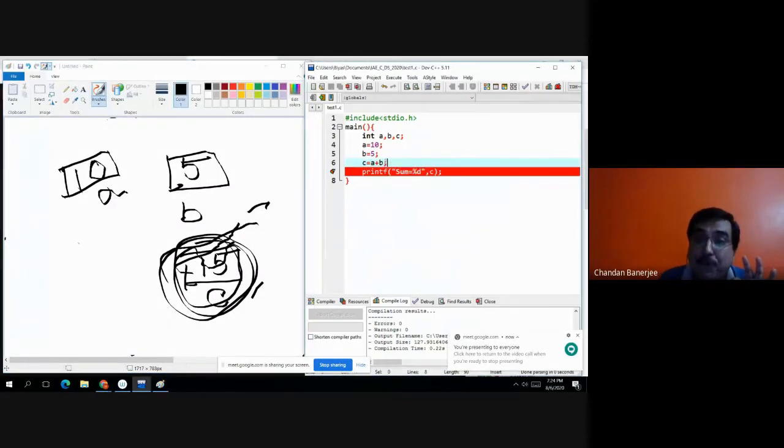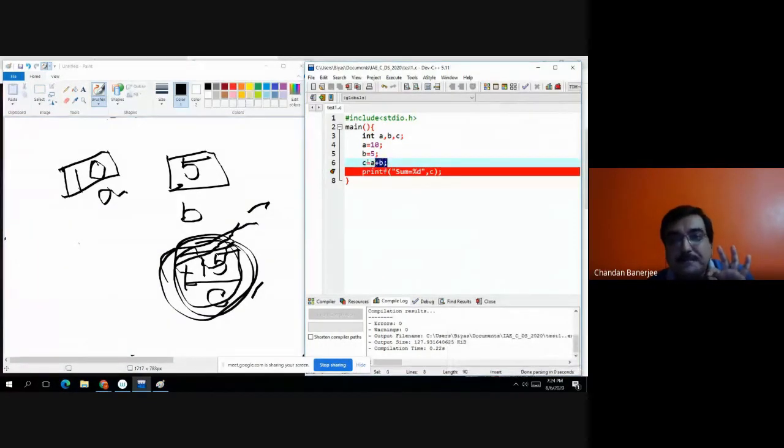Look here in the program, A plus B is added in C. Now C is 15, but it will not display on the screen. Value is ready. Just look at the right hand side screen where I am highlighting. C is ready, but it's not displayed on the monitor. So now the last line is printf, that means output. The most important thing is output.